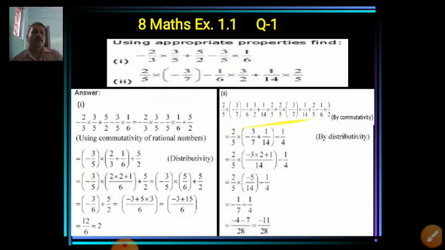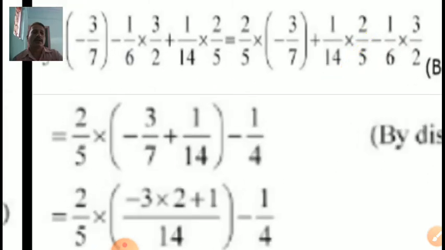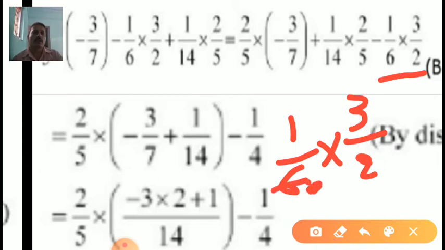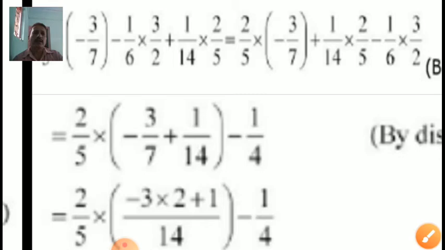So look at how I got it. 1 upon 6 multiplied by 3 by 2 is my term. The minus sign, forget about it just now. In place of 6, some students are writing 3 into 2. Yes, that's a good idea, that the factors of 6 are 3 into 2. Now this gives 3 and 3. Very good, students. Now 2 into 2 would be 4. That's why 4 is coming directly. Don't be afraid.